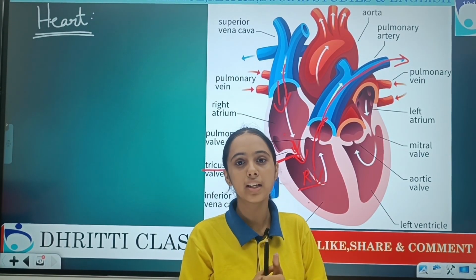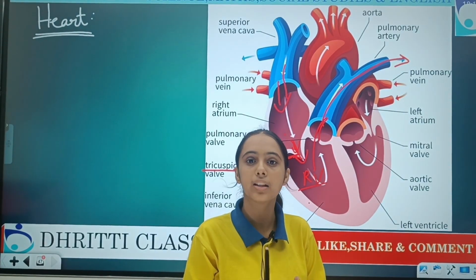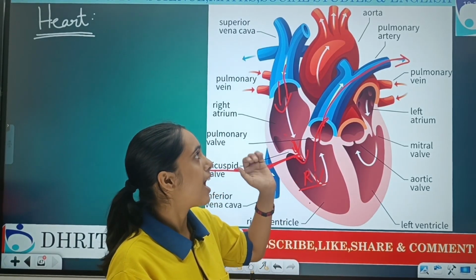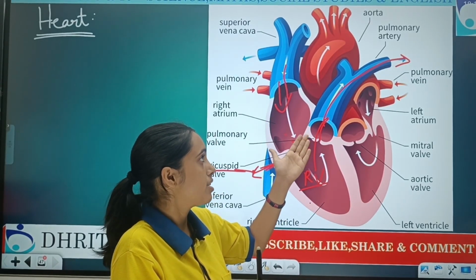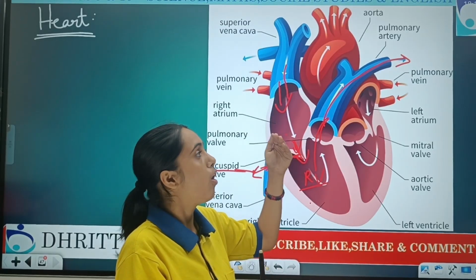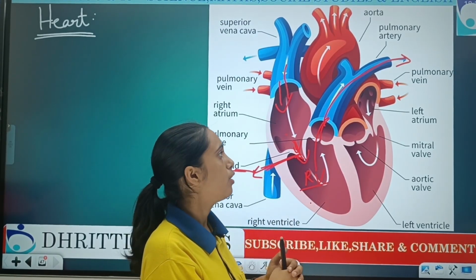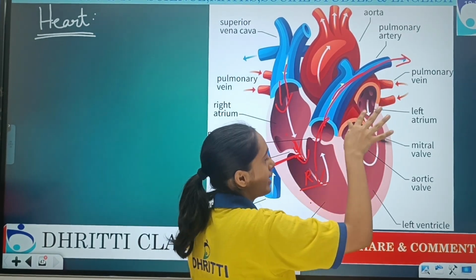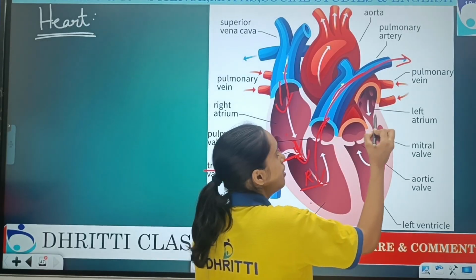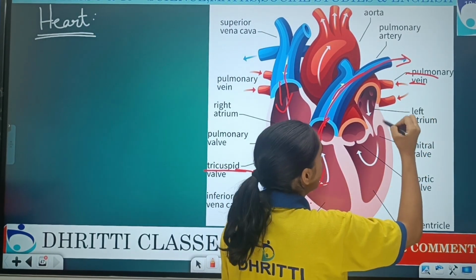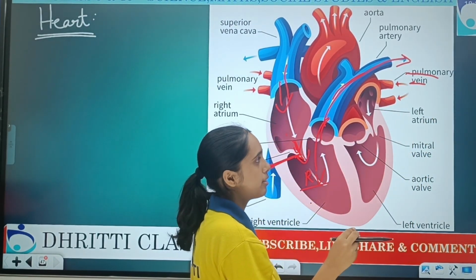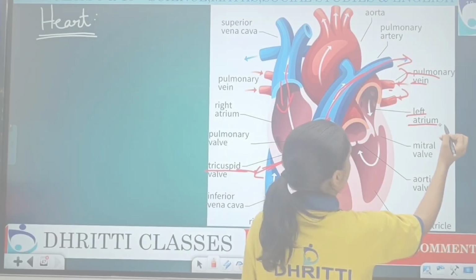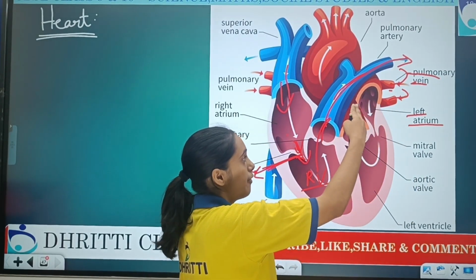Generally, we have heard that the artery carries the oxygenated blood and the veins carry the deoxygenated blood. But here it is opposite in their mechanism, because the pulmonary artery carries the deoxygenated blood and the pulmonary veins bring the oxygenated blood from the lungs to the heart to transfer it to the rest of the body. So when the pulmonary artery takes the blood to the lungs, after that the mechanism of the pulmonary veins begins. The oxygenated blood from the lungs comes and enters the heart through the pulmonary veins, and it enters the third chamber, which is the left atrium.